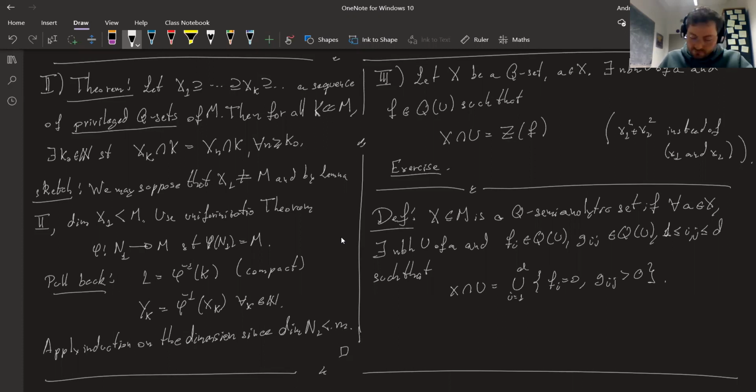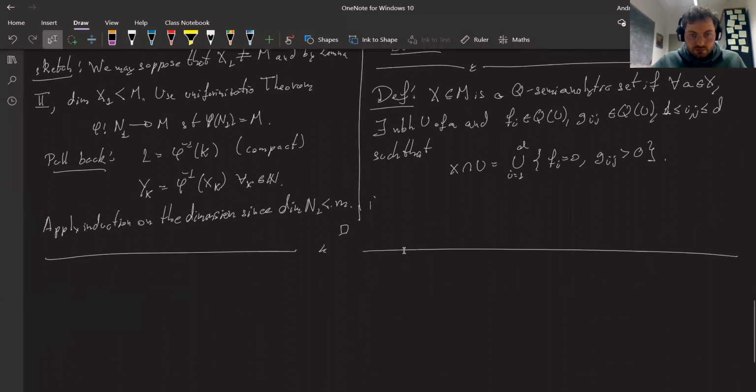And we don't have time. I'm not going to give any example. I'm just going to pass directly to the case of what is sub-quasianalytic. We keep this definition in mind.